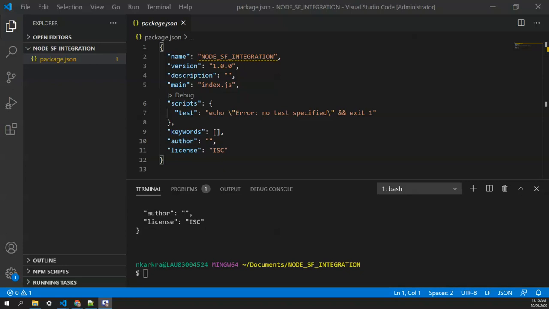To install the packages, we're gonna write npm install, then the package names.